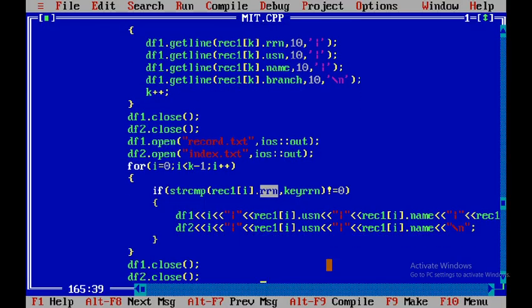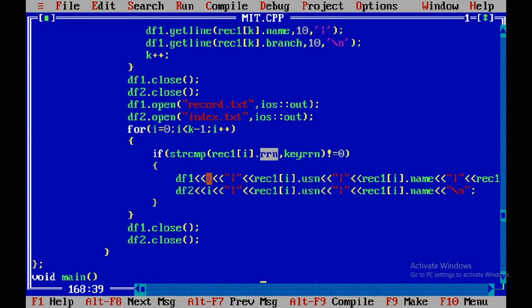Okay. Hope you all got that visualization clearly to understand what is happening. So I have copied all, accepting only those which match my key RRN, because I want to delete that record with the name Arjun and the USN 2 with the index value 1. Please do not get confused with index value and the USN value. If it is confusing, you can take different names and numbers for that. You can take USN 10, 11, 12, and your RRN is fixed to 0, 1, 2, 3. Okay, finally close both the files.